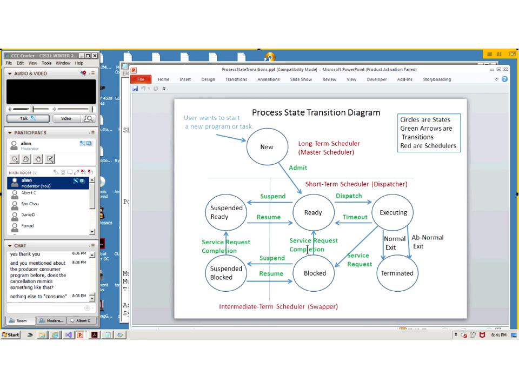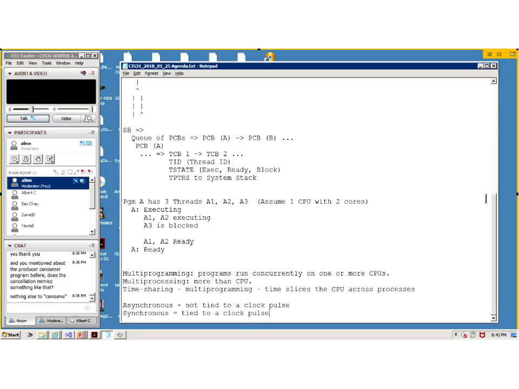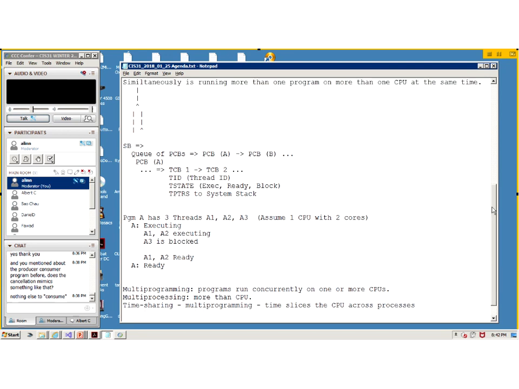But I wanted to keep it simple. And this is a simple process state transition diagram for programs with one thread only. Just makes it easier to understand. Okay,